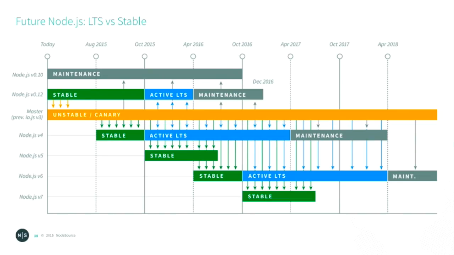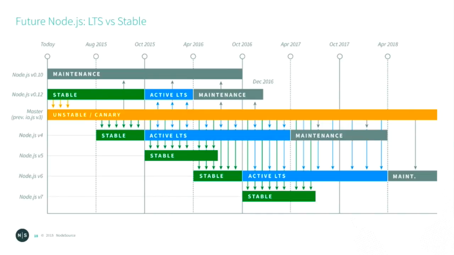Just quickly, future Node, what does it have in store for us? Well, this might look confusing, but it's even harder to describe in words. I've been trying to do this for blog posts and stuff, but this is the release plan we've got. It's very intentional and it's very time-based, and so it gives you predictability. You know what's coming up, and you can plan around that. It's particularly useful for companies that need to plan.